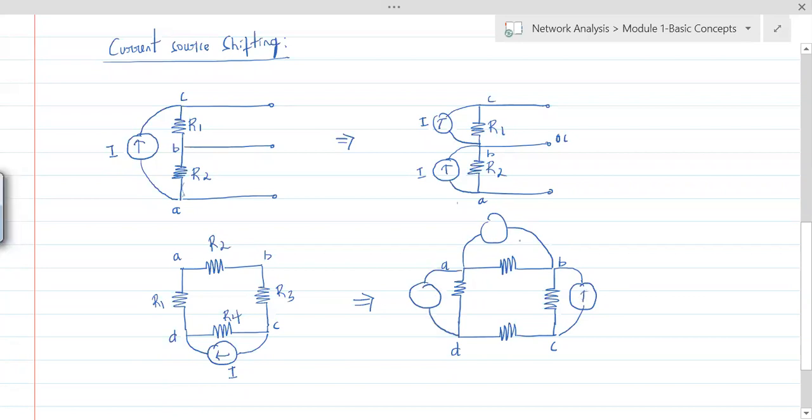These are all I's. There was a current moving from C to D earlier. Now what did we do? The same current source I shifted across all these resistors. Instead of going directly from C to D, it first goes from C to B, from B to A, and now from A to D. So the same current is moving from C to D, but in another direction using the three current sources. This is possible, is what I'm trying to demonstrate.